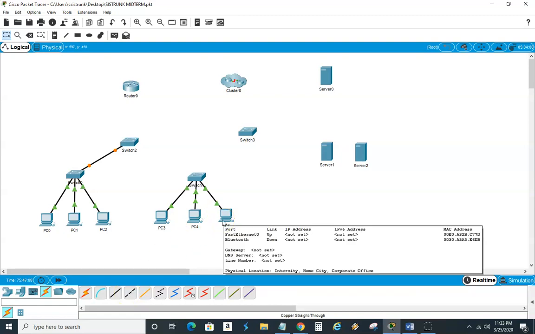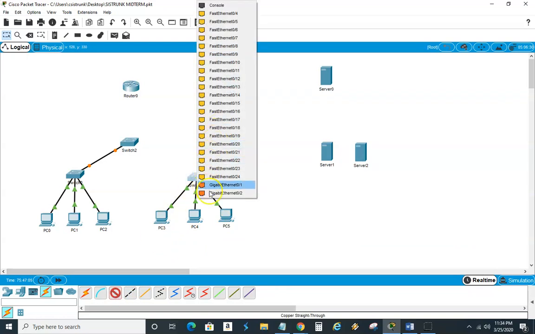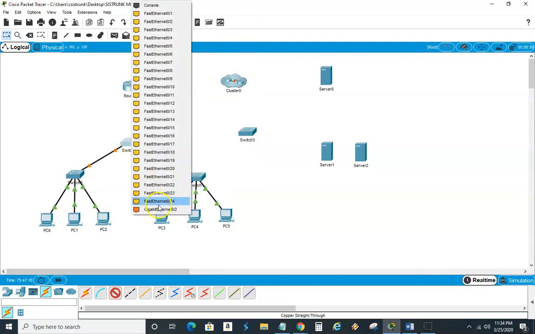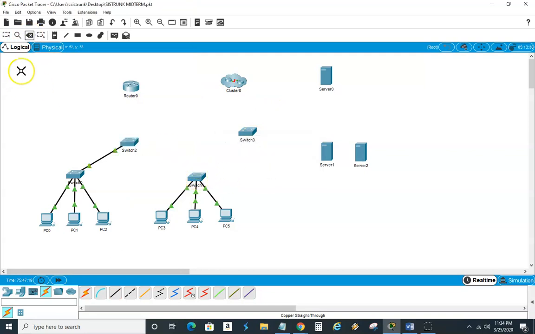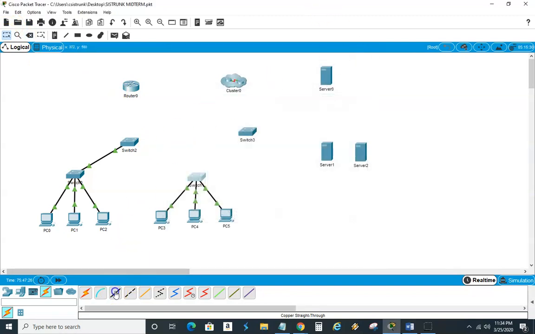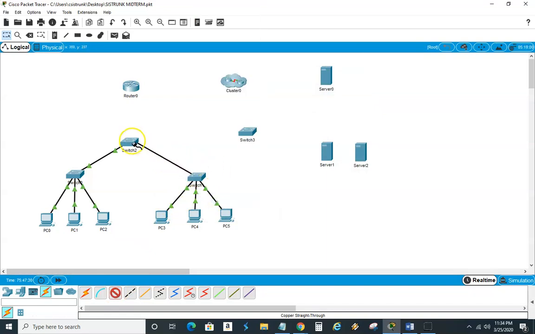Write them down, replay the video again, and then come back. So I'm gonna do the same thing here. And why am I using the Gigabit Ethernet 1 and 2? I chose the wrong one there, so I'm gonna come back and say no here. I'm gonna come up here, click this again, and then I'm gonna come here because I want to put both of these on 2 instead of 1. Let me go get my cable first. Click here. I'm gonna choose 2 here, and I'm gonna come here and choose 2 here.